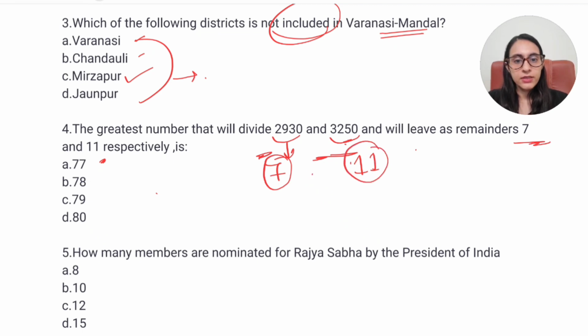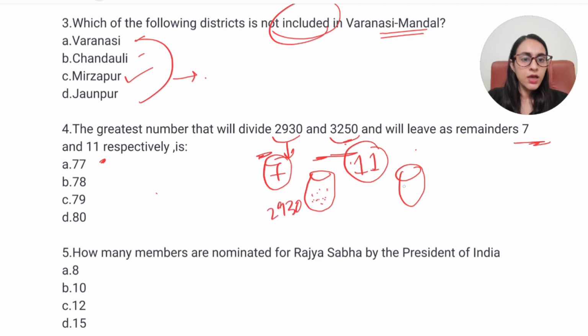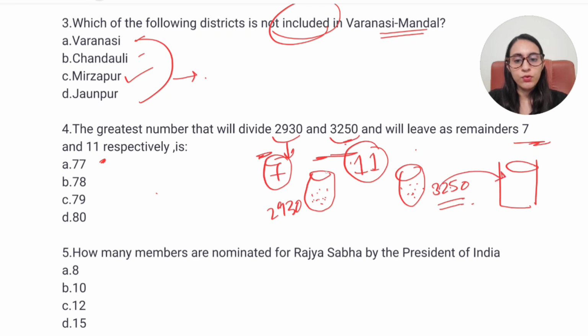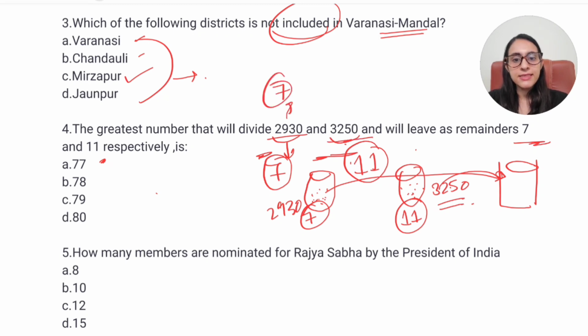Now think of it this way. You have two big jars of marbles, one with 2930 marbles and another with 3250 marbles. Now you want to find out the largest bag that can hold the same number of marbles when you transfer them from both jars, and you are left with 7 marbles in this jar and 11 marbles in this jar. So to find the greatest number that can divide both 2930 and 3250 and leave behind 7 in this and 11 in this,